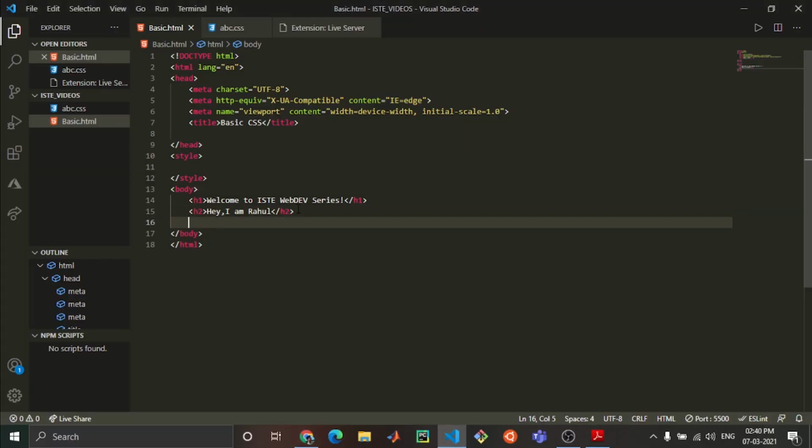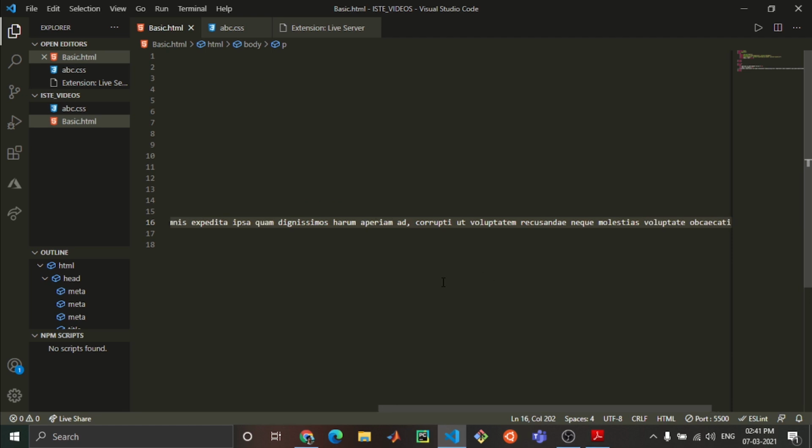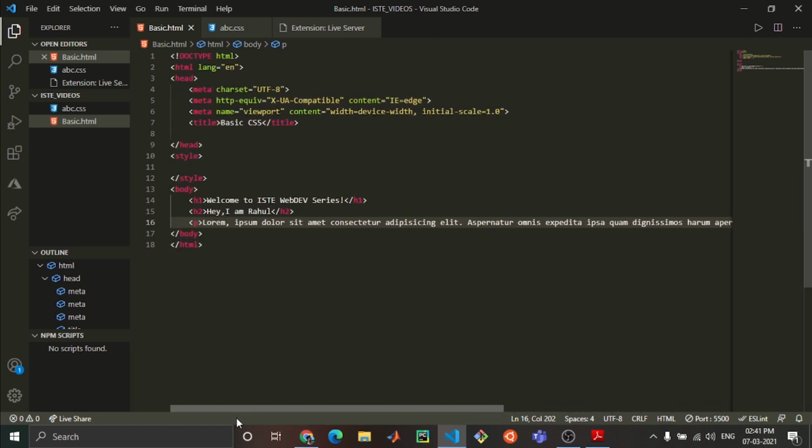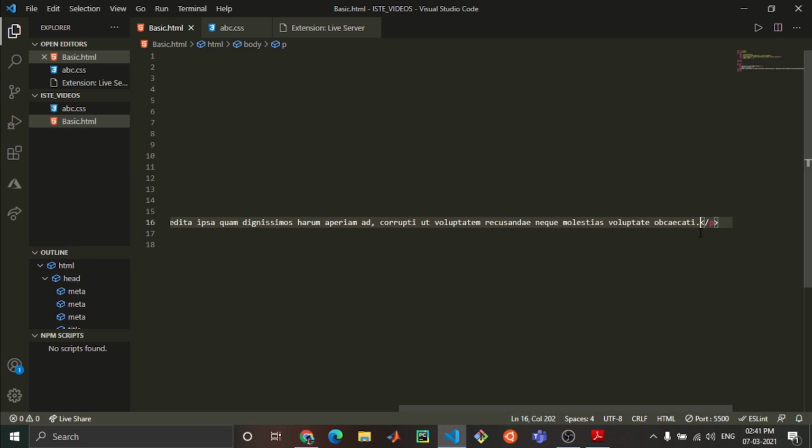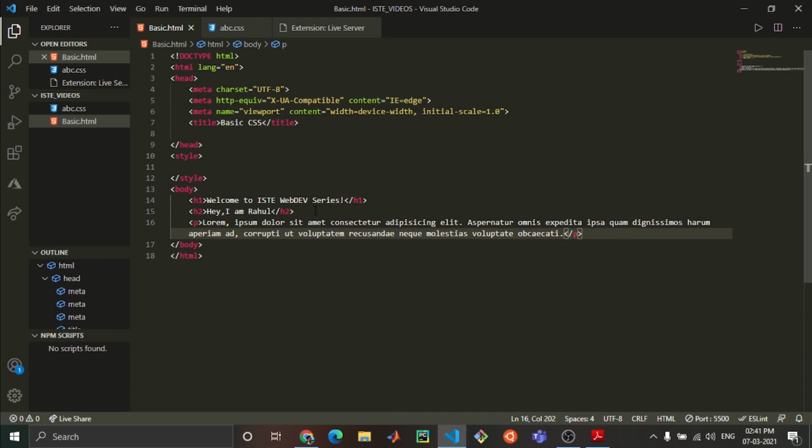Now I write one p tag. P stands for paragraph. Give some name, like random paragraph. For this, you can type lorem, or any random number. If you want 25 words, just type 25, hit enter, and you will get 25 random words which don't have any meaning. If you want this in a systematic way, you can type alt plus z. This will come in a systematic manner, and you can see it on various lines.